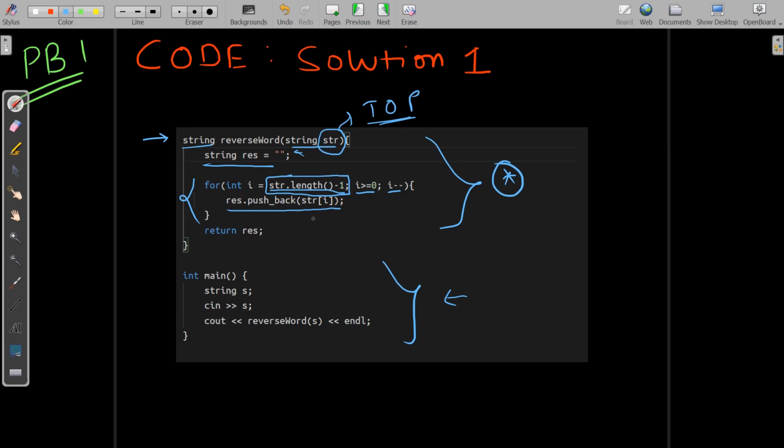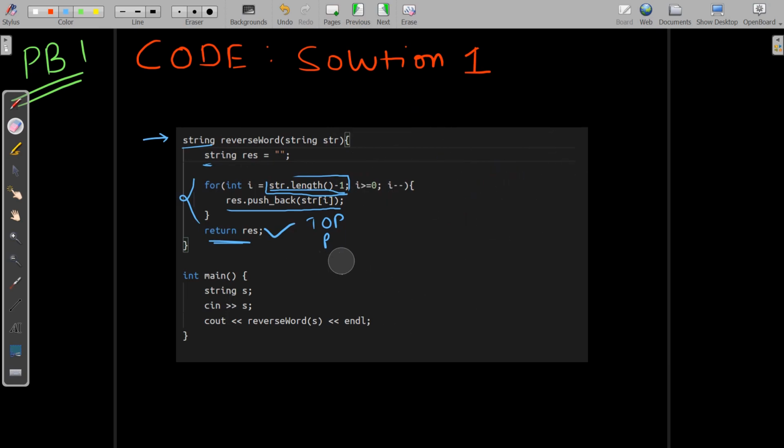So it will be like, if we have top, it will be p, po, and pot, and finally we return it. Okay, so that's how we do this particular problem. I mean, this particular solution works like this. I hope you understood this. This is a very simple problem, so I am not explaining too much in this particular problem.